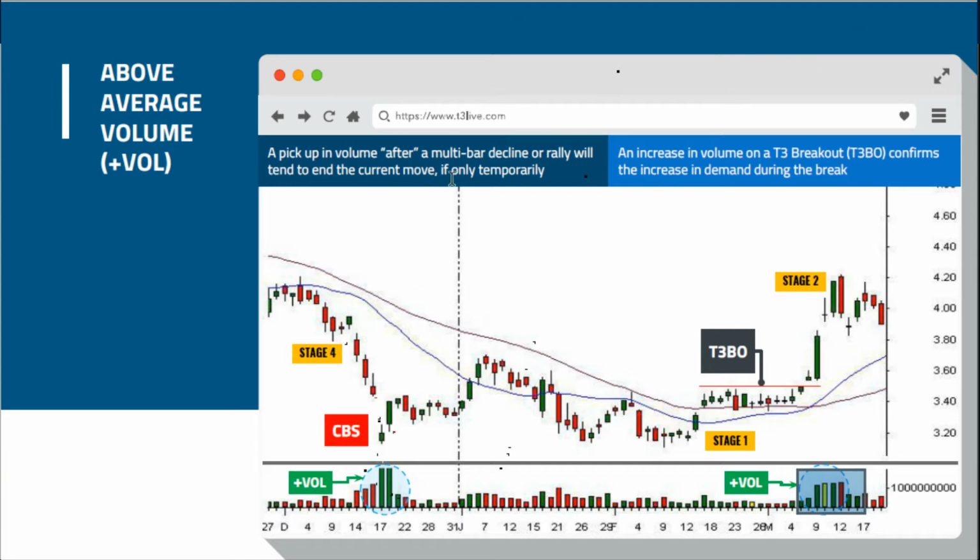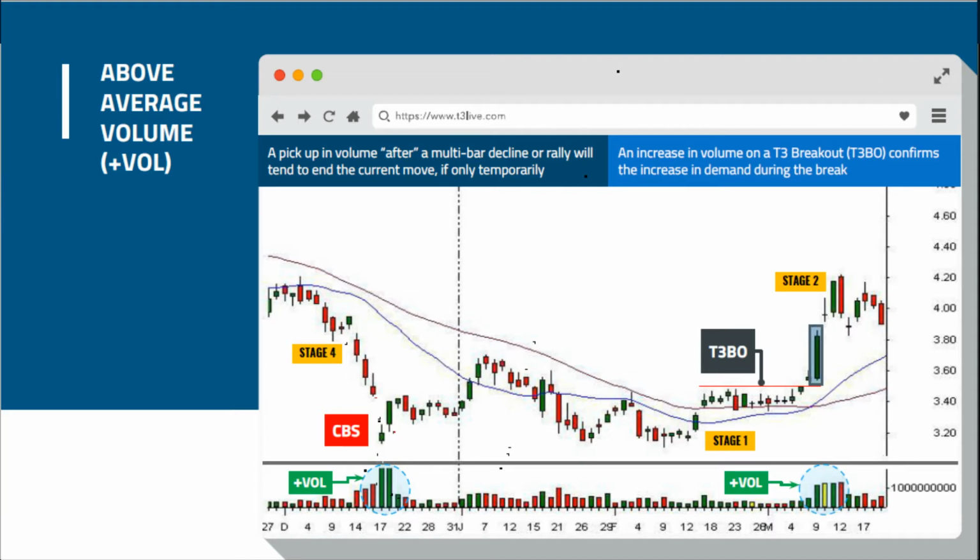So a pickup in volume after a multi-bar decline or rally will tend to end the current move, if only temporarily. Sometimes it's only temporarily, and then the stock continues lower. But usually it means it's the bottom, at least for now. I'll show you what I mean in just a few minutes. An increase in volume on a T3 breakout right here